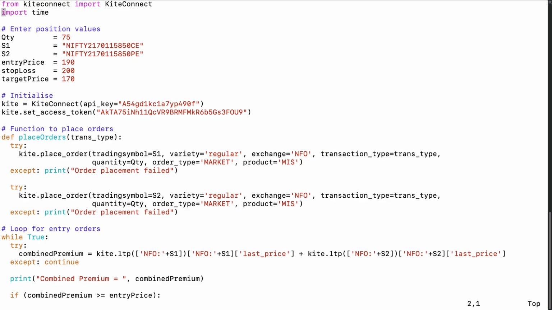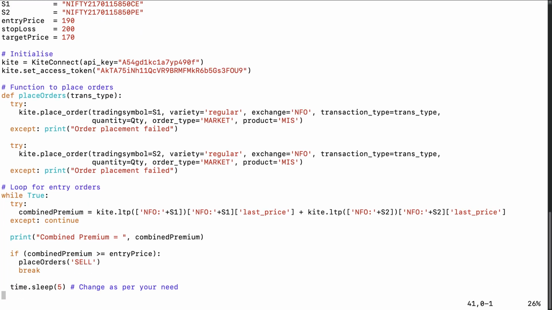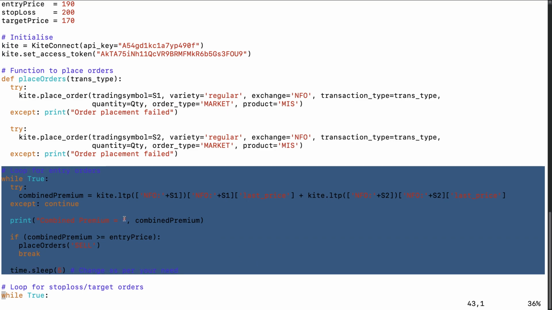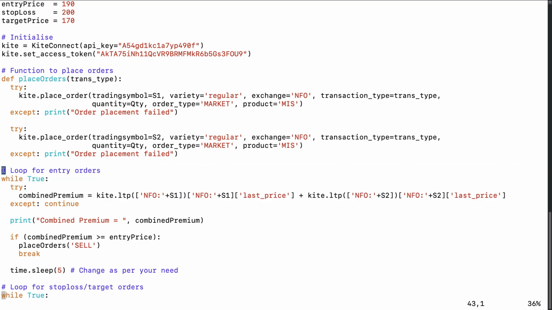Let's go down and look at the main part of the code. I'll scroll a little bit down, and this is the key code which we have to use. Once you understand this code, the rest of the code is pretty straightforward. Anything in Python that starts with a hash is a comment, so that is ignored by Python.